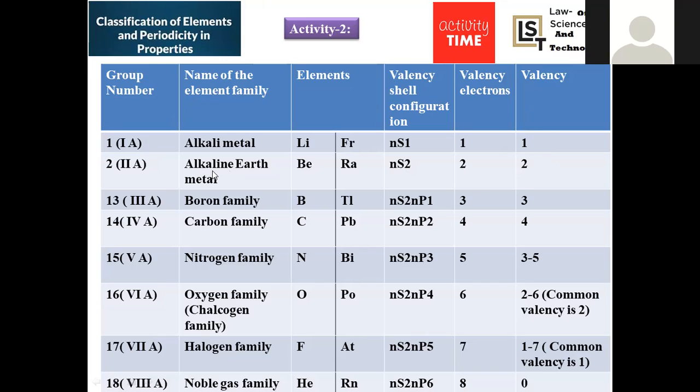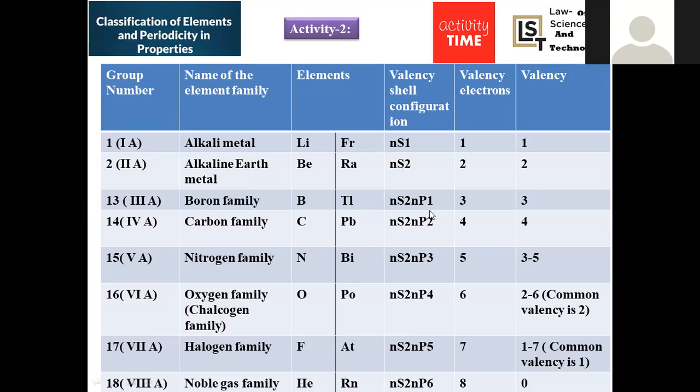So that is the valency of these elements, the alkaline earth metals. Why are they denoted as alkaline earth metals? Because they are extracted from the earth. You may take beryllium, followed by calcium, strontium, barium, radium. Most of these elements are extracted from the earth's crust. That's why they are denoted as alkaline earth metals. And the common electronic configuration will be ns2, with 2 electrons in the valency shell, able to form 2 bonds.